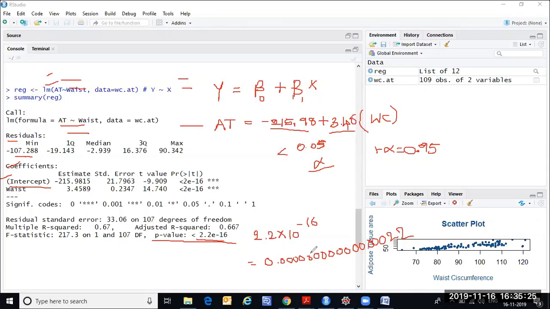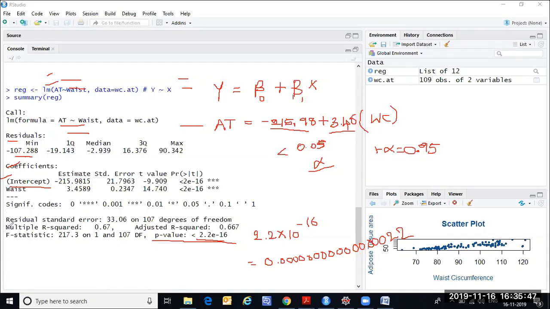What do you think, friends? Is it less than alpha or more than alpha? Yes, that's right. So that means the entire model is also significant. So once we have checked the coefficient level significance and the model level significance, that's when we look at the